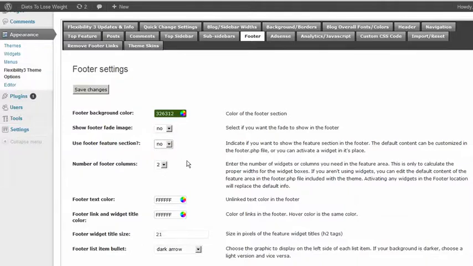Now you can use the feature section if you want to, because you can again promote stuff in there. You can have up to 6 columns if you want to. So you can put links to products and so on. So if you want to promote things on the bottom of your website, go for it. And you just can adjust the colors and fool around with it until it's really nice looking. But now we'll save the changes,